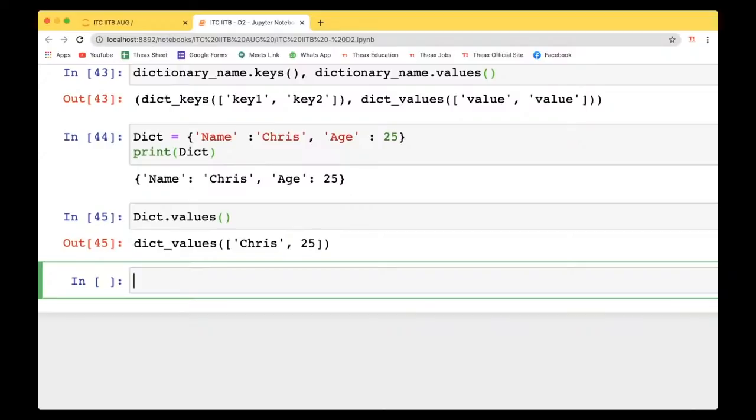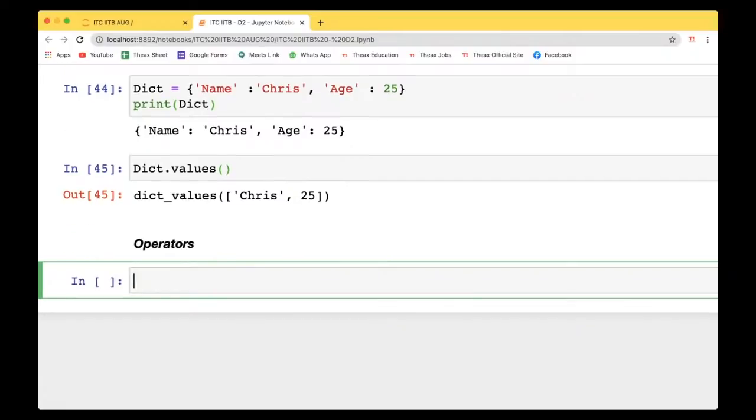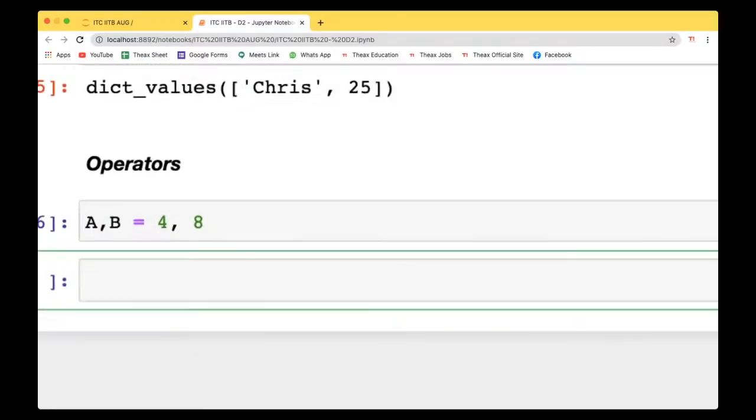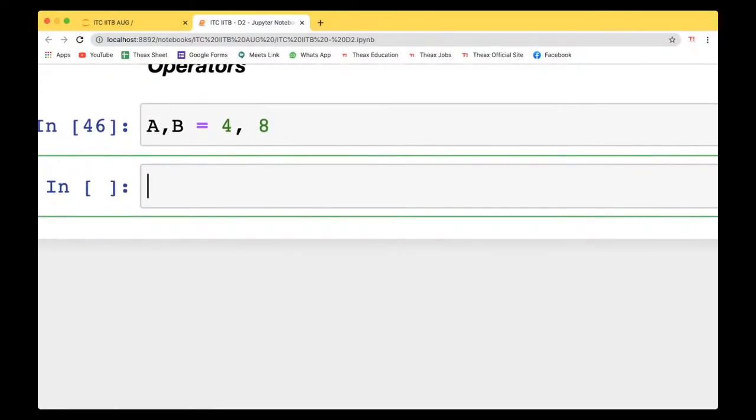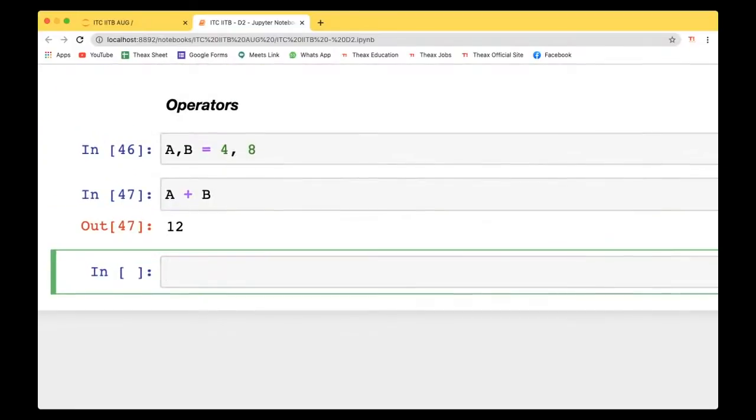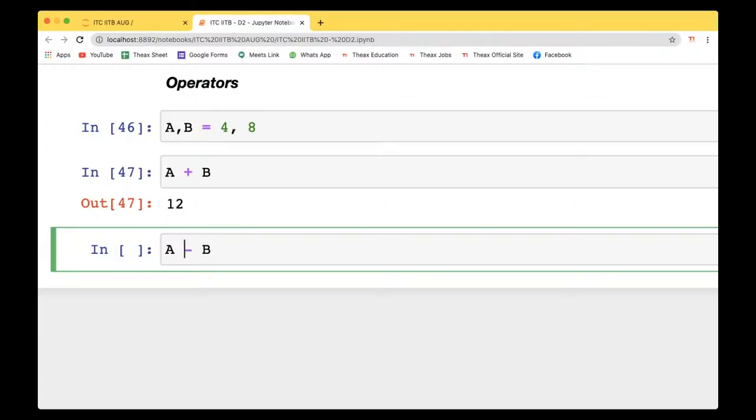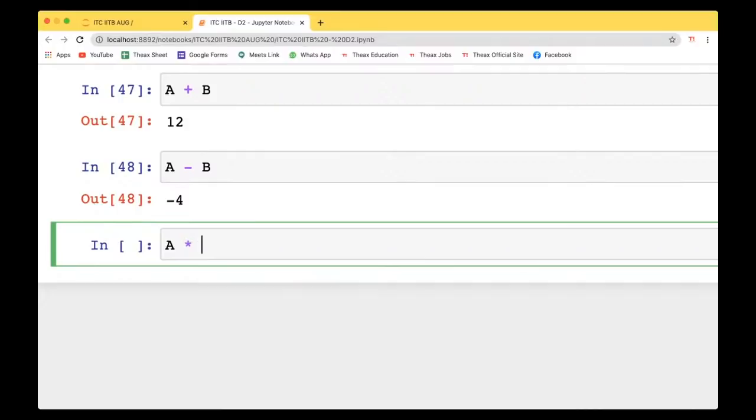Okay, so let's say we are taking some arithmetic operators example. Okay, so let it be A and B to be 4 and 8. Now we'll perform some of the actions for them. Okay, so let's say A plus B, right? The addition, the subtraction. So these are the basic ones. So we'll be going very quickly. Multiplication,